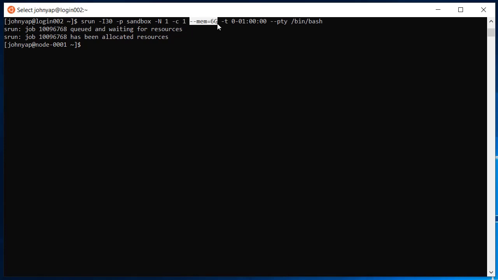--mem=6g requests 6 gigabytes of memory to be allocated per node. If omitted, the default is 512 megabytes on a shared partition, and all memory on an exclusive partition. Always specify this if submitting jobs on non-exclusive partitions, because 512 megabytes of memory will most likely not be enough to